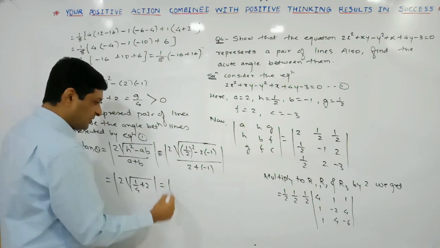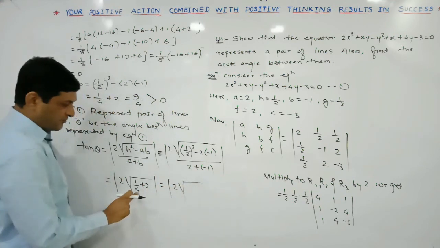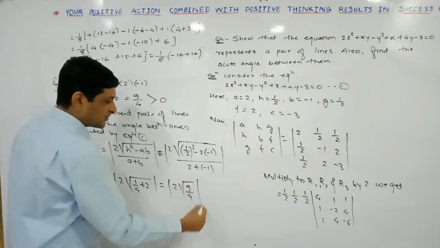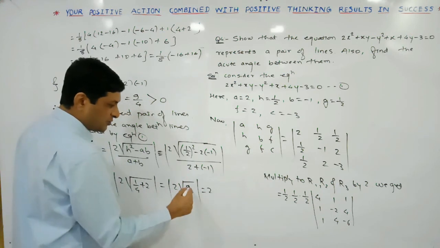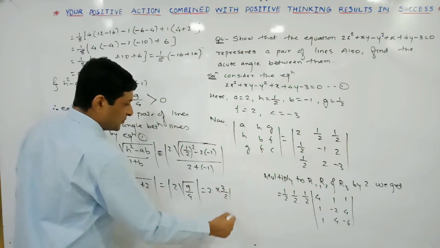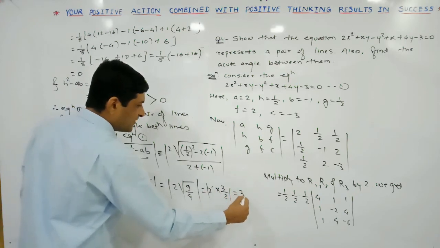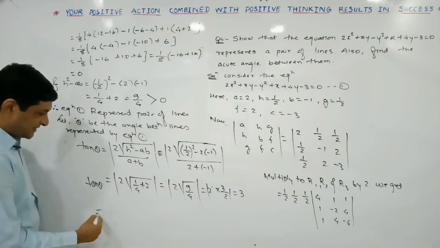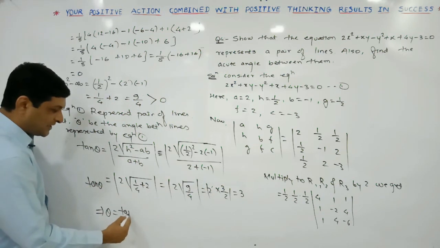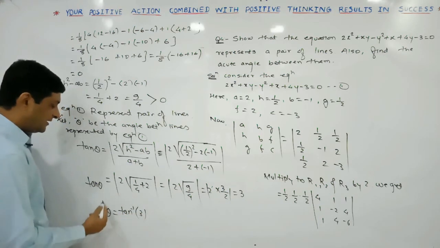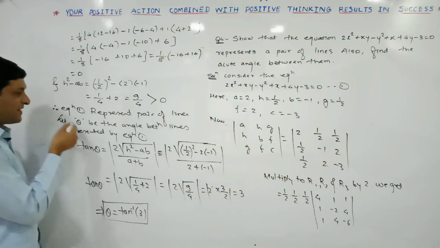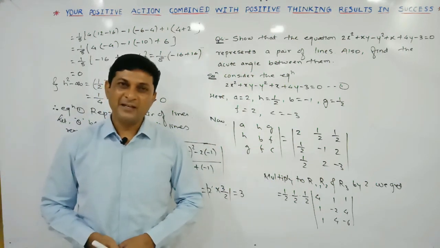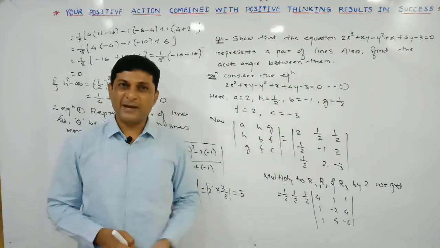So which is equal to, keep this 2 as it is. Let us simplify it. 4 2s are 8, 8 plus 1 is 9. So here we are getting 9 by 4. So which is equal to 2, keep it as it is. What is the square root of 9 by 4? It will be equal to 3 by 2. So after cancelling 2, what are we getting here? 3. Means the value of tan theta is equal to 3, which implies that theta is equal to tan inverse of what? 3. In this way we have got our required value, the second required value theta. Theta means what? The angle between the lines represented by this general equation.